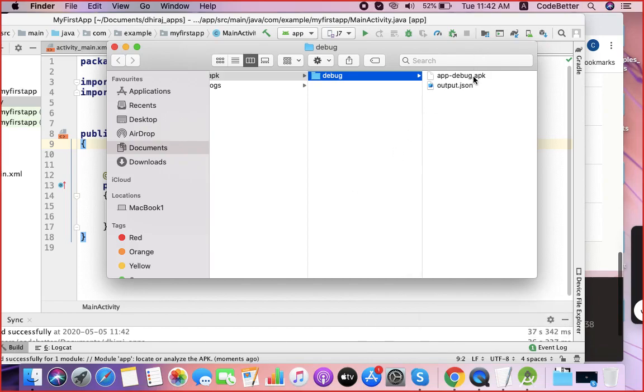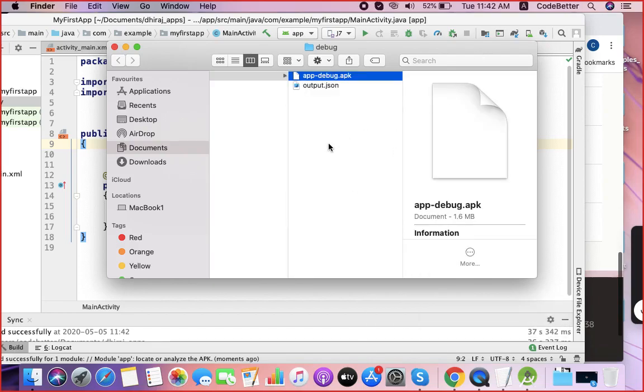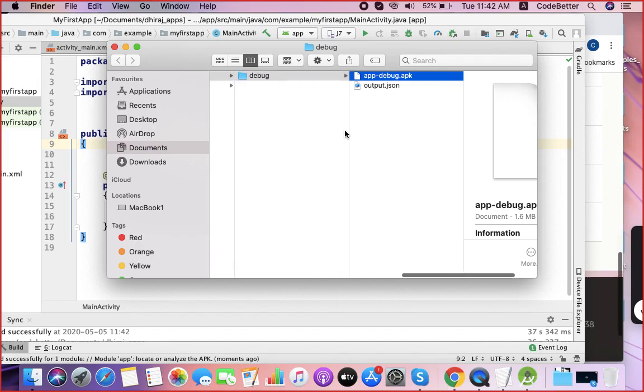So this you can pass, or you can distribute this .apk file for your application, because since it is a .apk, it can only be run on Android phones, not on a Windows machine or Mac machine. It is built for Android OS only. So how to test? Either you can take it from here to your device, you can email it to your mobile phone, you can Skype it, you can send it to your phone, and you can just click on it, touch on it, and it will get installed.